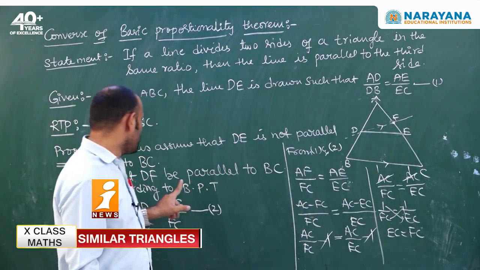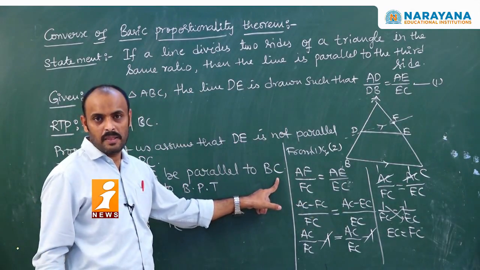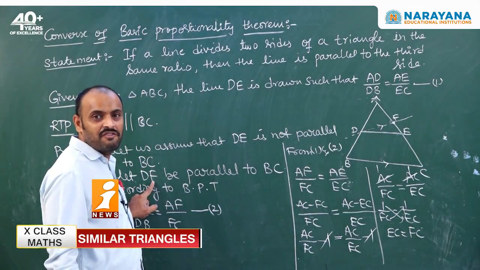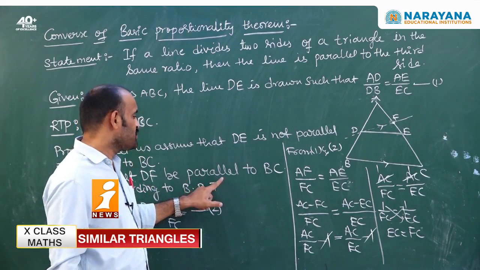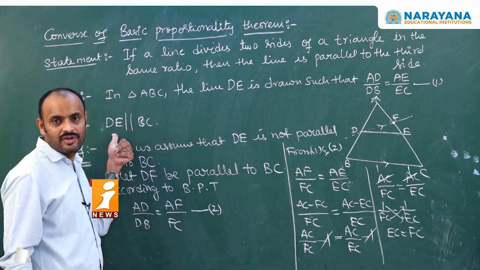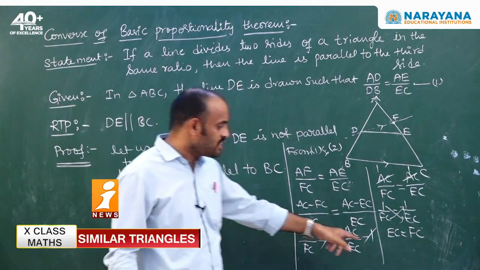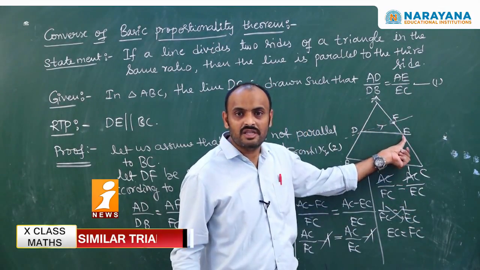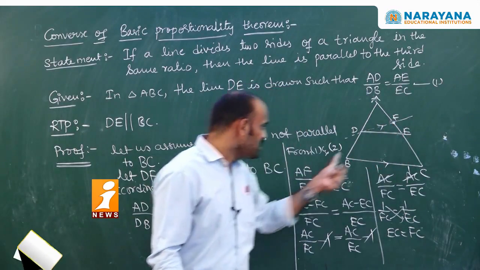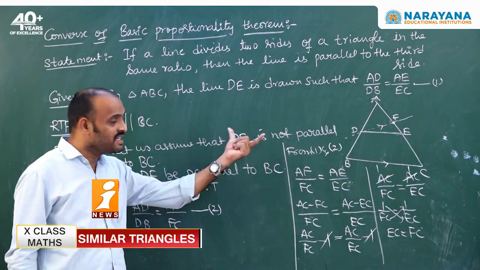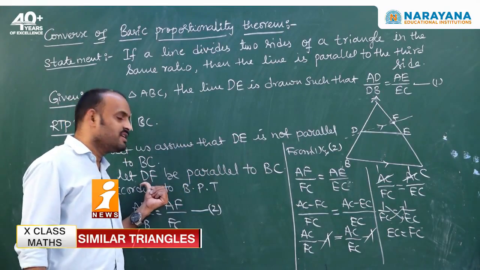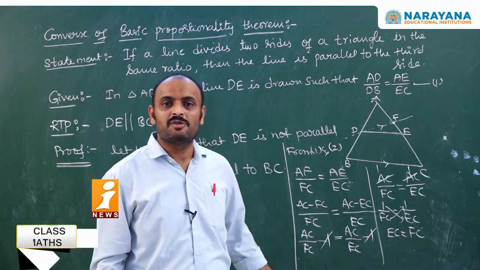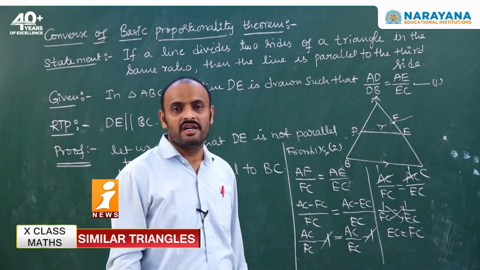That means what we have assumed, DF is parallel to BC. As F is coinciding with E, instead of F I can write E. Therefore, DE is parallel to BC, hence proved. Did you understand my point here? EC is equal to FC. This case is possible if and only if F coincides with E. F coincides with E means DF coincides with DE. Therefore, DE is parallel to BC. Hence proved. Let's see some examples on the basic proportionality theorem and its converse.